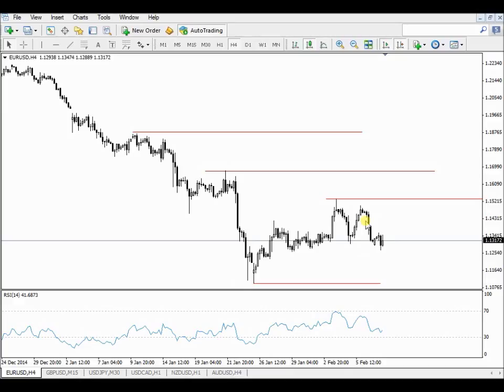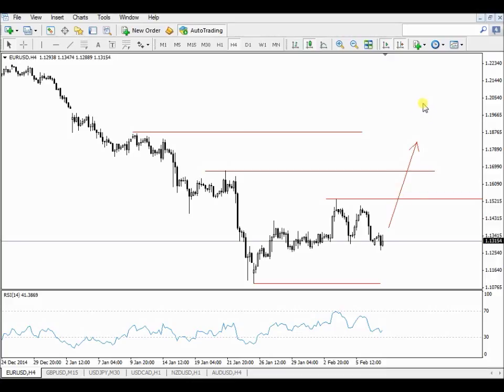What is the game of Forex, or what is the game of trading? Bulls are the guys that want to buy. They want to take out the resistance. They want to push price higher. They want the price to go up. So that resistance must give up. That is the aim of all the buyers, all the bulls in the market. They want to take out resistance, and they want the price to increase. Obviously, if you buy something, you want the price to appreciate, and that is what will happen if this market